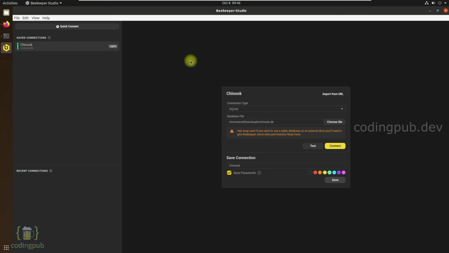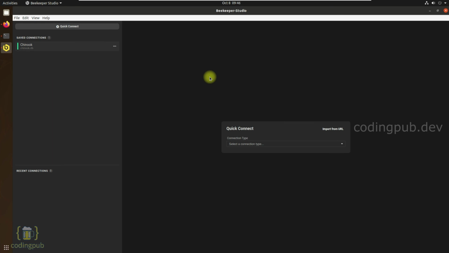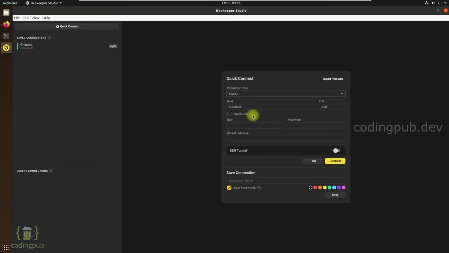Now let's connect our Postgres database and MySQL database also to this one. I'm clicking on the quick connect option again. Now I'm selecting MySQL and entering my username for my MySQL user, followed by the password, and the default database will be MySQL.